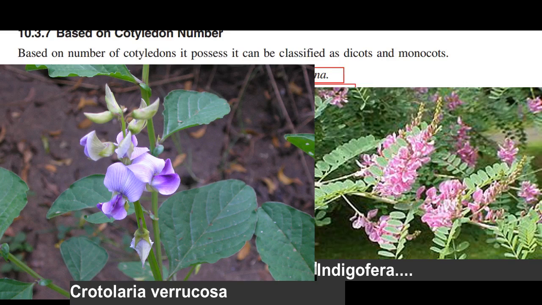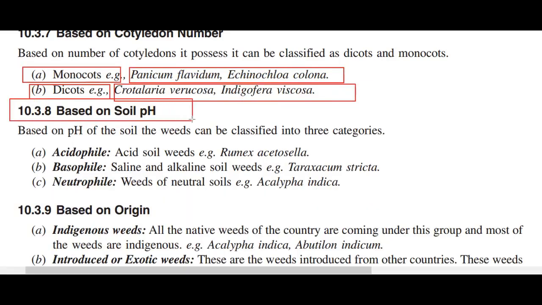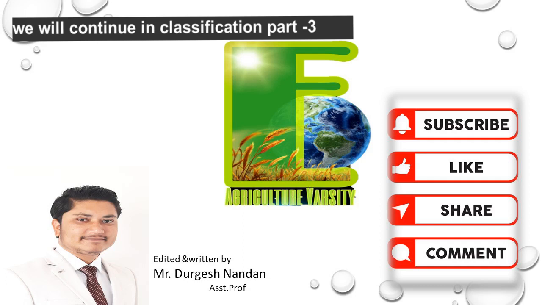And the next one is based on soil pH. According to the pH group, there are three types of categories. The first one,